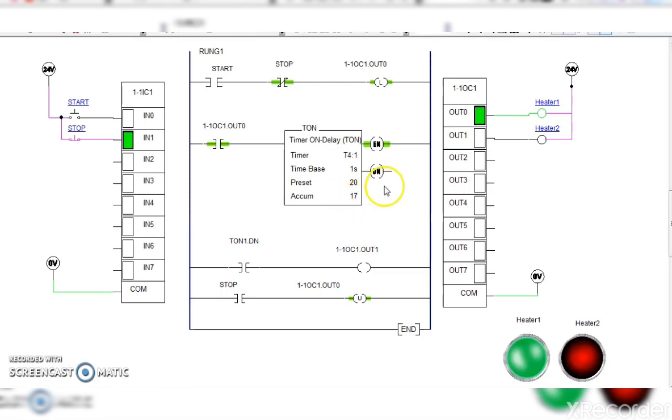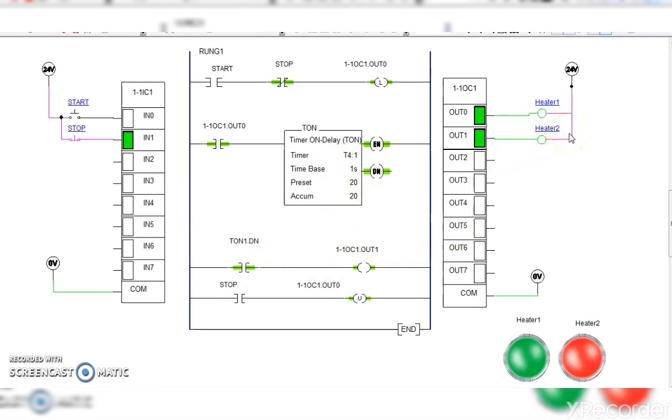When it becomes 20, the done bit will be activated and this done bit will be started. This done bit is energized, means out 1 is started, that means heater 2 is now on. Like this, at the start switch press, heater 1 is started and after 20 seconds heater 2 is started.